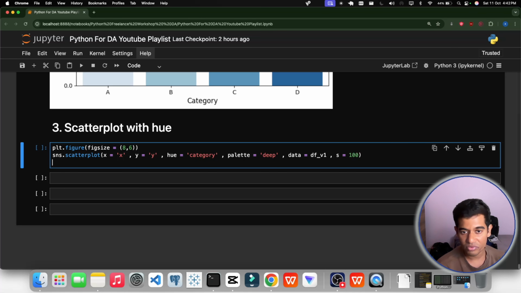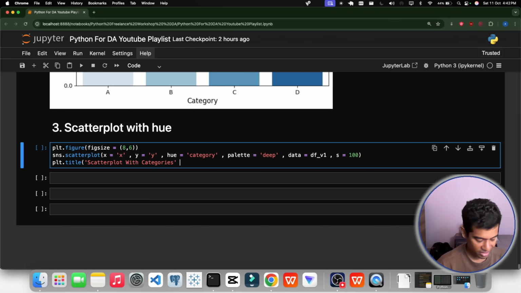Now let's move to the title part. plt.title, because each and every graph needs a title, and we have to give a proper title with a proper font size. So we will write scatter plot with categories, which would be better.